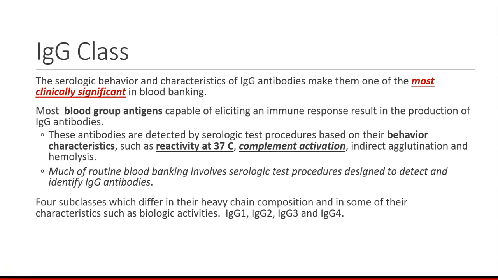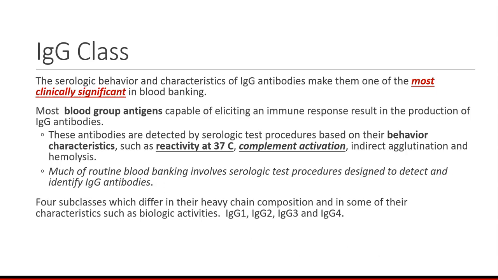The serologic behavior and characteristics of IgG antibodies make them one of the most clinically significant in blood banking. Clinically significant is the ability to coat and destroy red cells. Most blood group antigens capable of eliciting an immune response result in the production of IgG antibodies. So again, I want you to think of your red cell. It's just covered with proteins, with antigens, and any one of them can elicit an immune response from the person